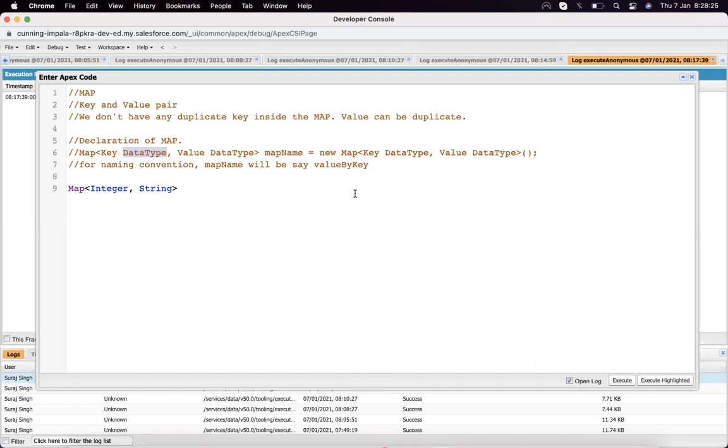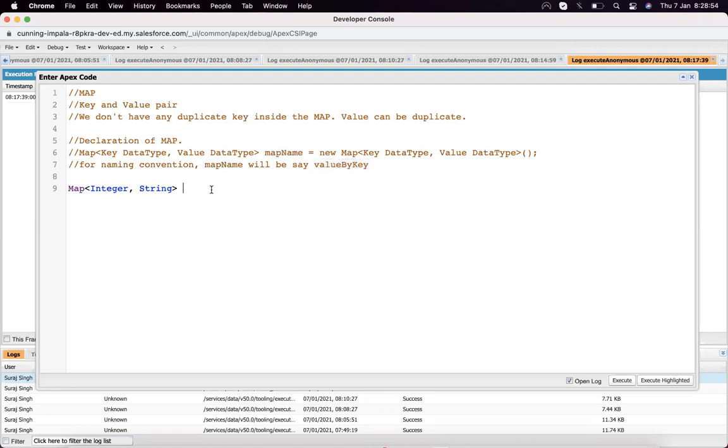Whenever we are declaring a map, we should follow a naming convention that it should always be value by key. Why am I saying that? It's not a rule that we have to declare it in a certain way, but as a best practice you should follow it.